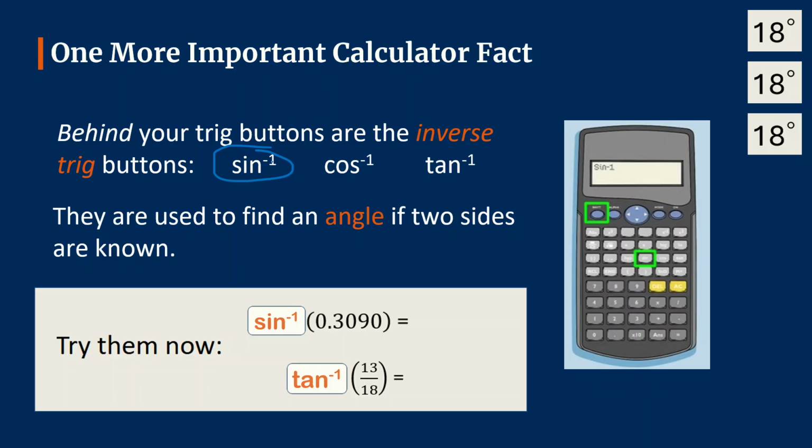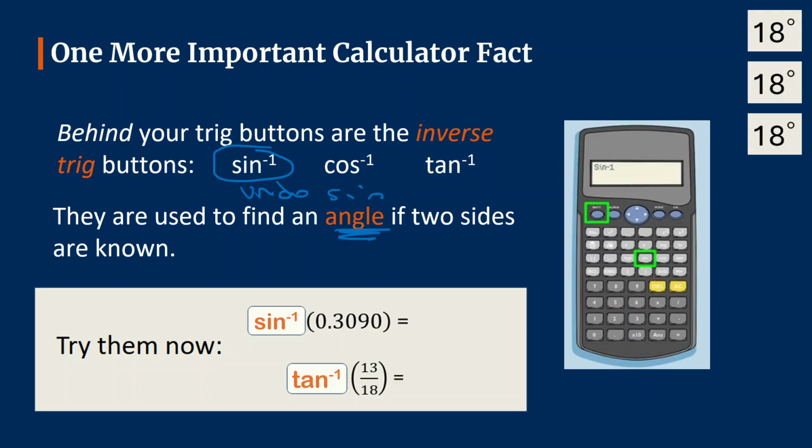Sine -1. That's telling you that this will undo sine. It removes sine, or inverse sine is what it's officially called. What they're used for is using trig to find an unknown angle if you know the two sides. And we'll look at an example in the next slide. But for now, please use your calculator and make sure that you can calculate the values of inverse sine